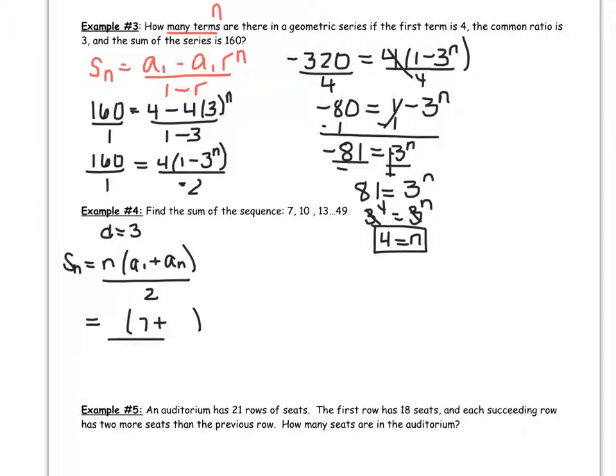And we need some spots here. So it looks like what we need to find out is how many terms there are between here and here. And the really only way to do that, besides counting, is to use this explicit formula. So a sub n equals a1 plus n minus 1 times d. So we can use a sub n to be our last term. So we could throw in 49 here, 7 here for the first term, and we don't know, that's what we want to find, and my common difference is 3. And we can distribute this 3 in,